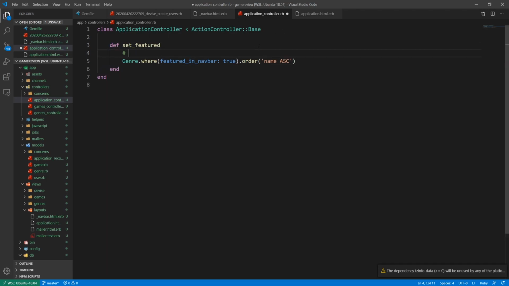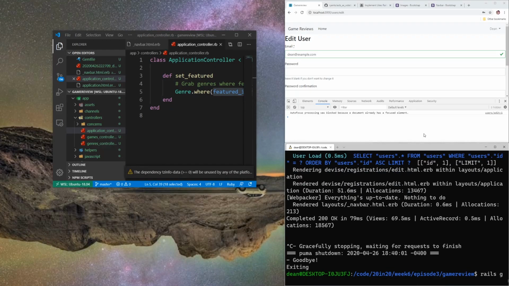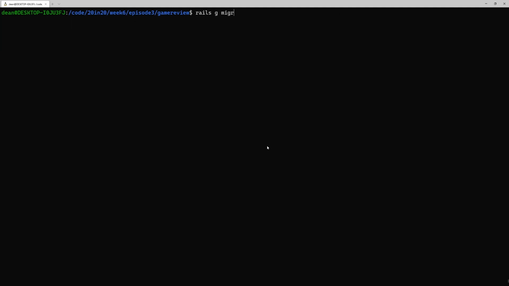So grab genres where featured is set to true and show them alphabetically. That's basically what we're doing here, but we do need to actually create this featured in navbar thing. So we'll stop the server and we'll say Rails G, and let me full screen this so you can see this. Rails G migration,